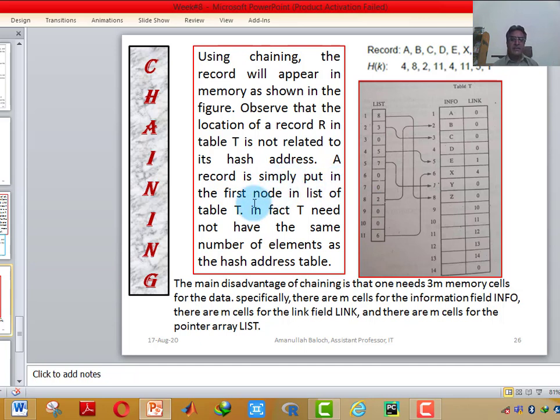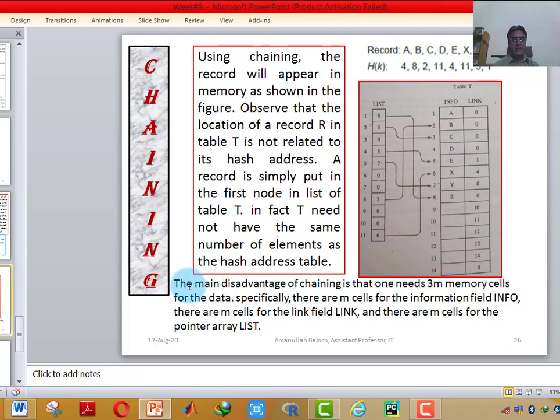A record is simply put in the first node in the list of the table T. In fact, T need not have the same number of elements as the hash address table. There may be many memory locations in table T, more than 11.